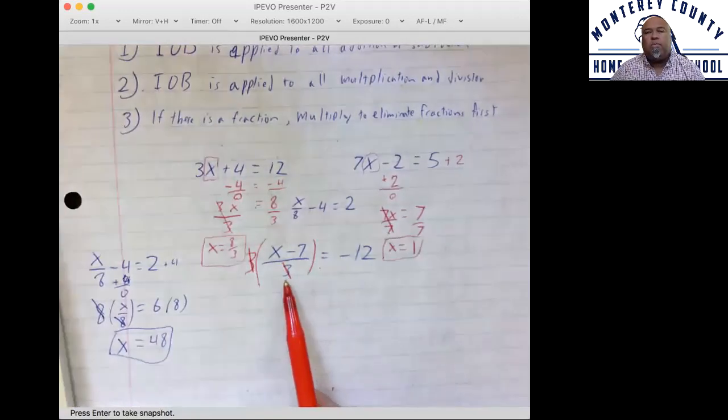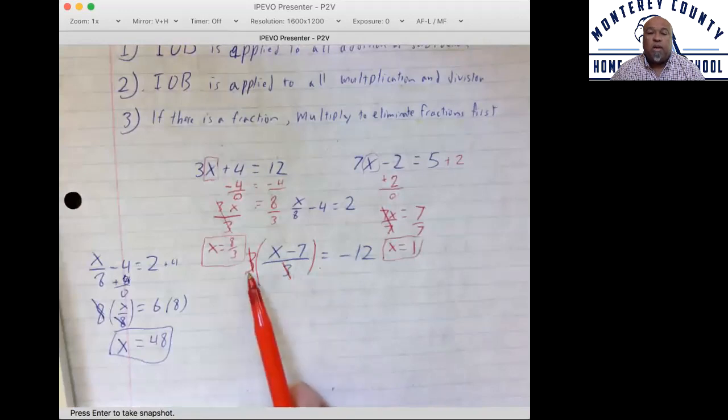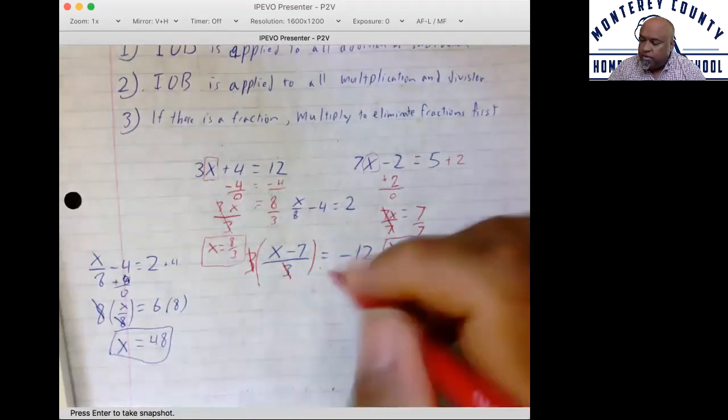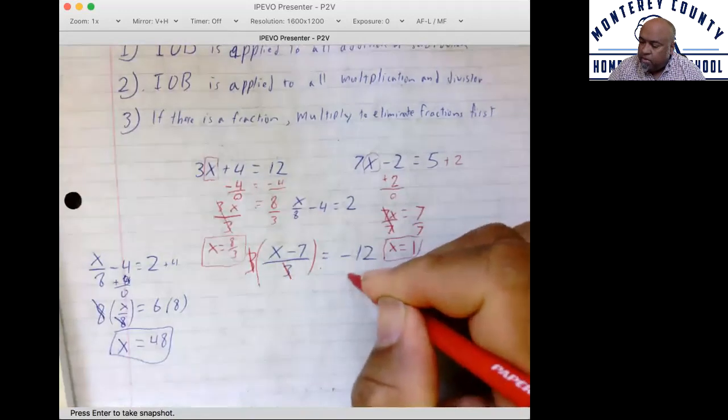Now when I say eliminate the fraction, remember every fraction is basically a division problem, okay? So here I have x minus 7 over 3. It could be said as x minus 7 divided by 3. When I multiply by 3, I undivide or cancel the division that was here, okay? Now remember in the last lesson I showed you a scale. Well, the scale shows that everything is equal. So in order for this to stay equal, I must multiply